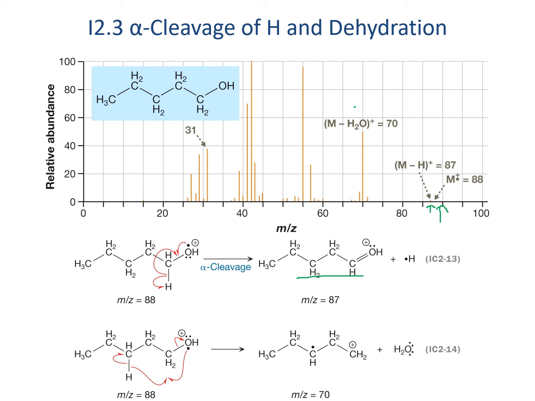So we often see a minus water peak, which is minus 18 from the original molecule. That's possible because the oxygen can pull off a hydrogen if it's close enough. It tends to pull off at the alpha beta position, right? So that can happen intramolecularly. If it was 5 bonds away, you can form a ring. And when that happens, then we are able to form a mass peak that has water ejected, which is pretty